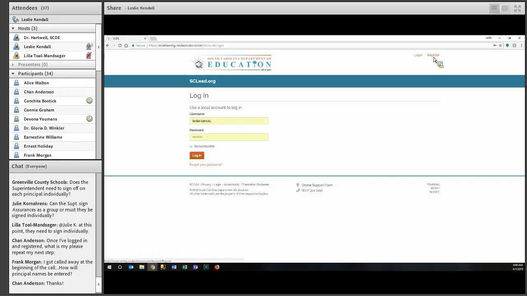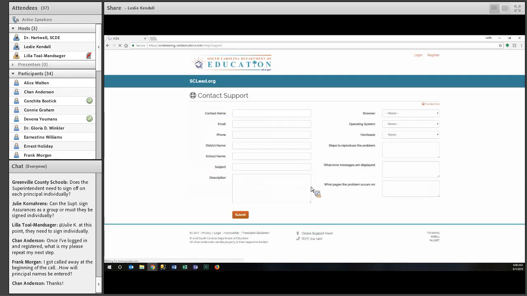If they use the date of birth and it doesn't return a match for them, please ask them to try just using the last four of their social and their CID. If they are not able to find, they don't return a record for them, they can click the online support form. They can call in to our support desk, or they can send an email as well.